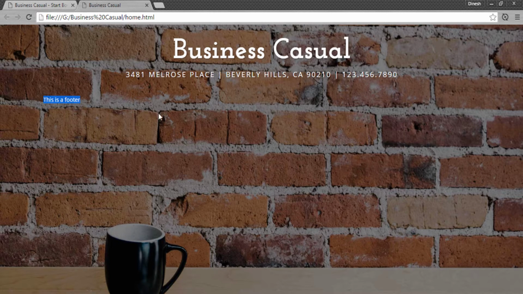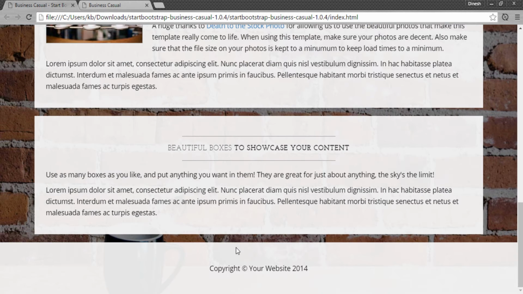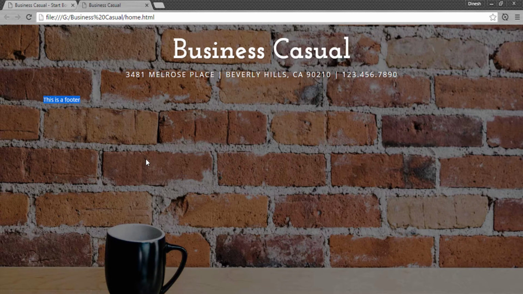As there is no content between the header and footer, the footer is visible just below the header section. If I go to the original site, you see that the text is placed in the center, and there is a white box around it, as it is inside a container. This container class is provided by Bootstrap, and it takes a width.